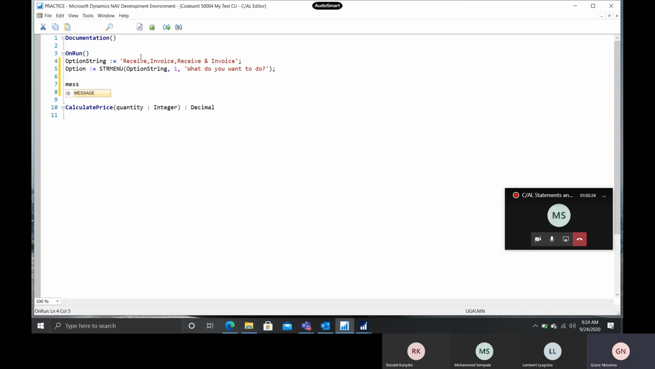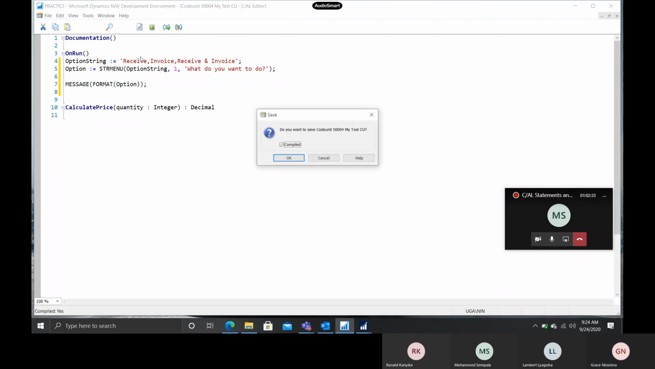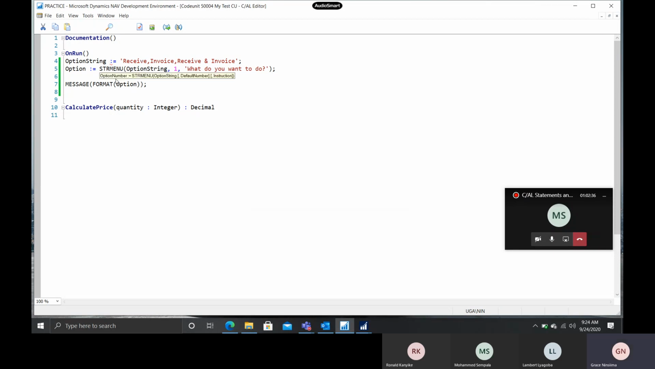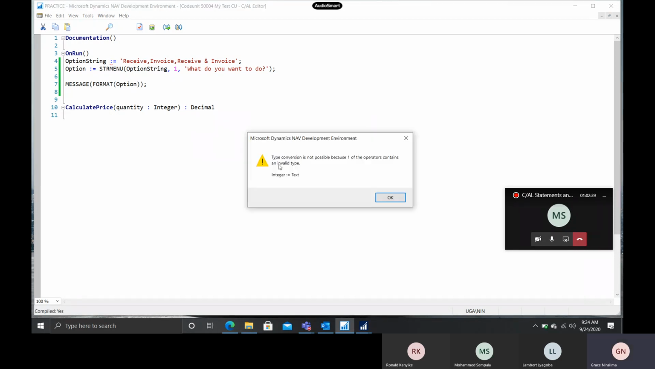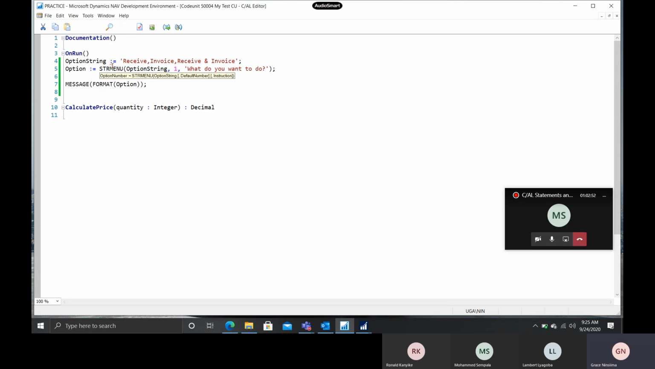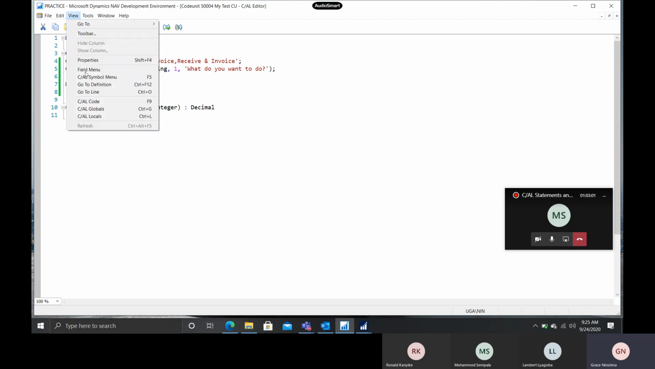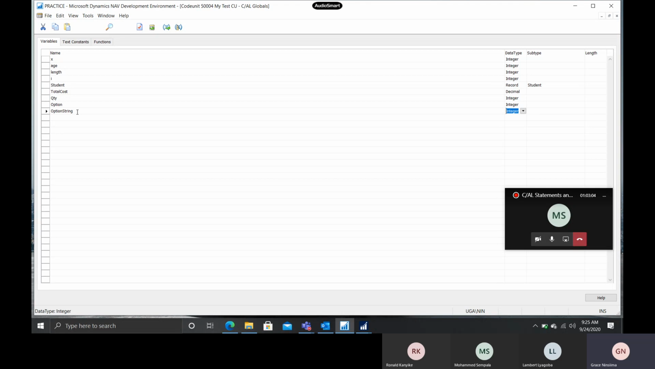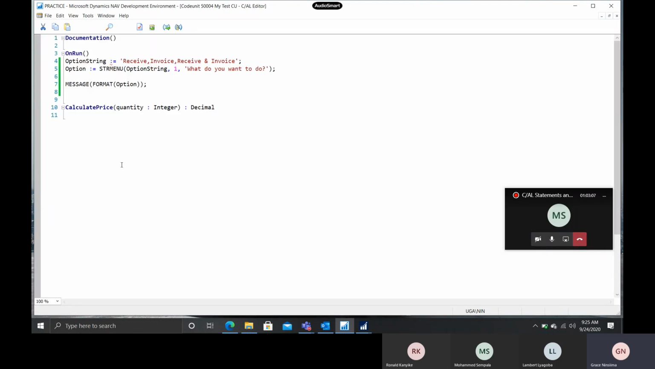What do you want to do? So if I select, then let me just message the option of what I've selected. You get it? Okay. What is it saying? The data type of option is supposed to be... this returns an option number. It is an integer. Oh, this is supposed to be a string, yeah? So view, globals, option string. This is supposed to be text. Let me make it text. So if I save this,